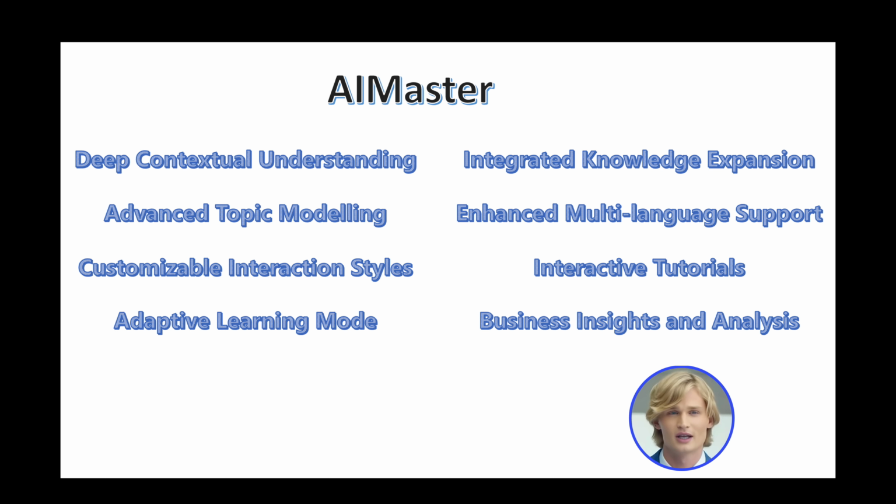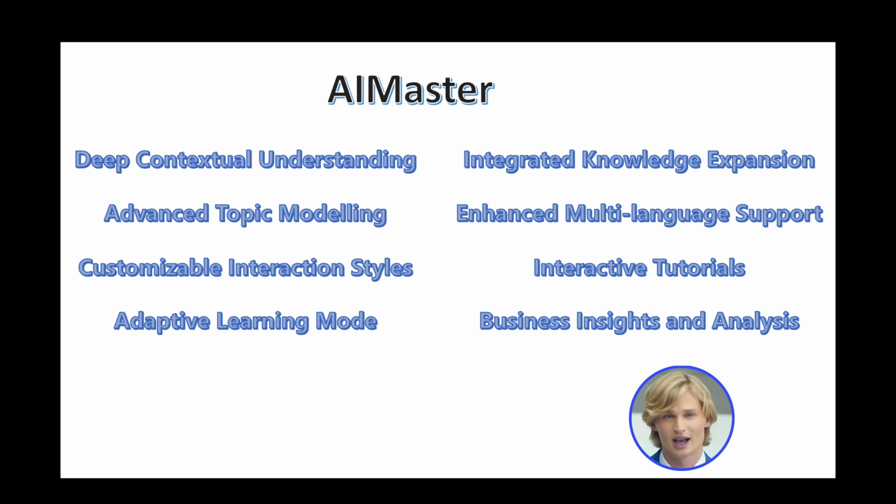AIMaster. AIMaster is an advanced plugin tailored for ChatGPT, designed to elevate AI interactions to new heights. It's equipped with enhanced learning algorithms, context understanding, and a plethora of new functionalities. By leveraging AIMaster, users experience a richer, more insightful interaction, making the AI a true master in understanding and generating content. Whether you're a business professional, an educator, or an AI enthusiast, AIMaster transforms ChatGPT into a more robust, adaptive, and smarter companion. Use cases: